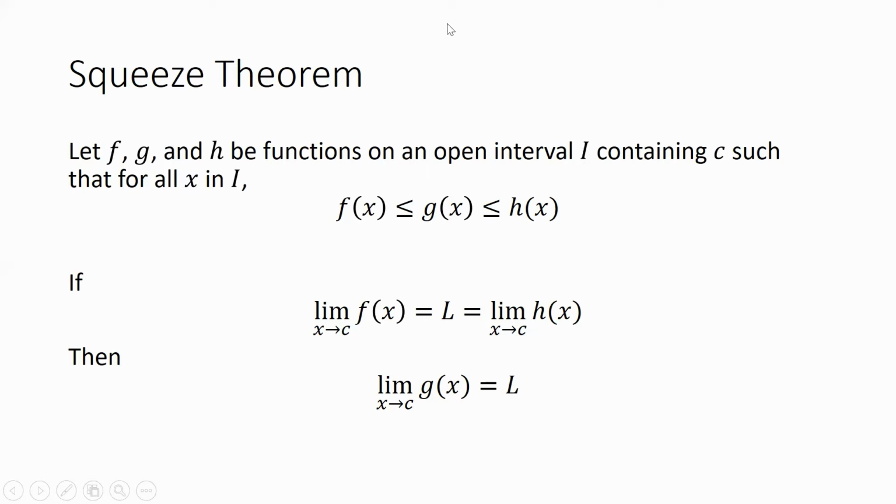This is called a squeeze theorem because you can think of it in terms of drawing as sort of funneling something in. So that is how the squeeze theorem works. It's basically funneling this g of x into a spot where it's forced to have limit of L. Let me show you how that works just as a very short visual.